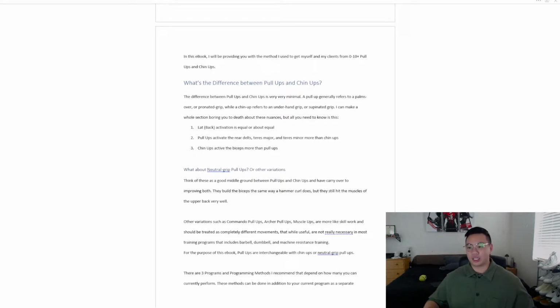When it comes to pull-ups and chin-ups, especially in this video, I'm going to be using them interchangeably. So if I say pull-up, it applies to chin-ups. If I say pull-up, it even applies to neutral grip. It only comes down to the more skill-based movements, like let's say archer pull-ups, commando pull-ups,